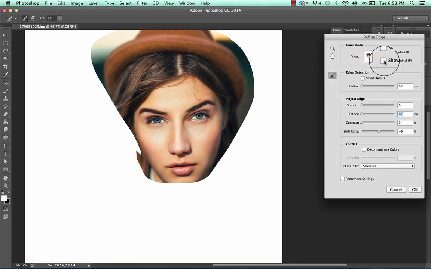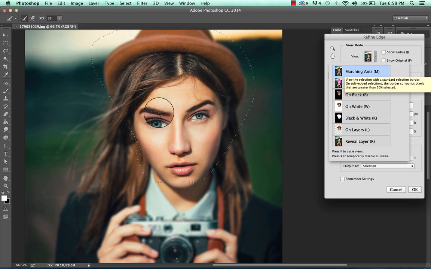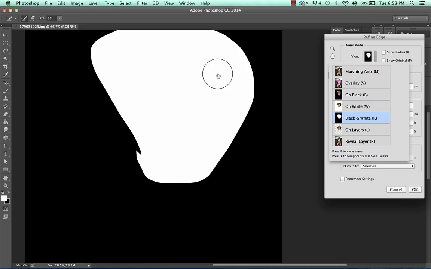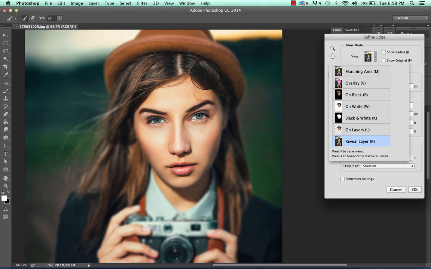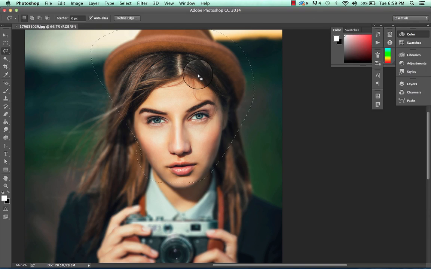And these are the refine edge tools. This view mode up here is just another way to view it. So you could say this is my selection if you like looking at your actual image. You could do the original ants marching view on black, white. You could do just black and white if you're trying to do something on an alpha channel. You could do on a transparent layer, or you could do a total reveal layer, in which case you can't even see your selection. So that's refine edge within the lasso tool, and if we hit OK here, we'll go back to this normal thing,